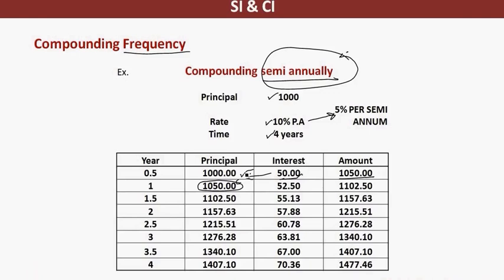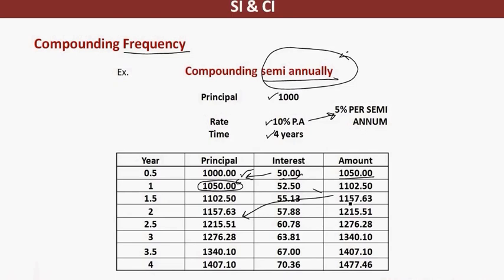The interest that I will get, which is a 5% interest per semi-annum, will be calculated on 1050, which turns out to be 52.5, added into my account for 1102. Similarly, for the beginning of the second year, that means for the first half of the second year, the amount that will act as a principal will be 1102. My interest will be on that. Whatever is the interest will be added into my account at the end of the 18 months or 1.5 years, which will act as a principal.